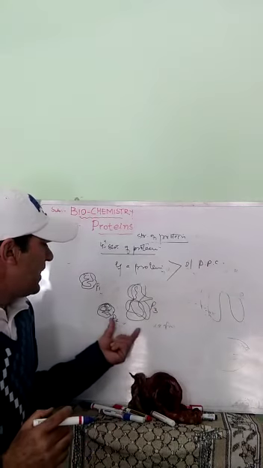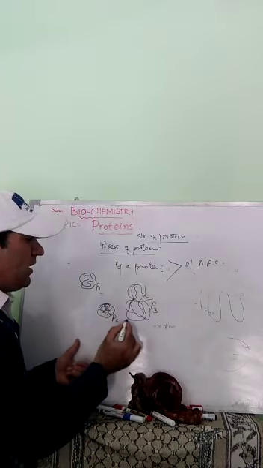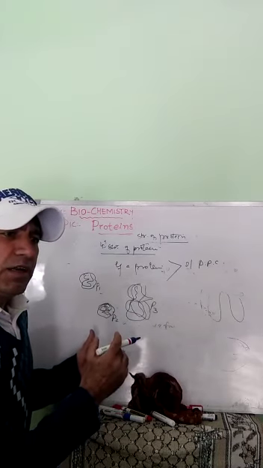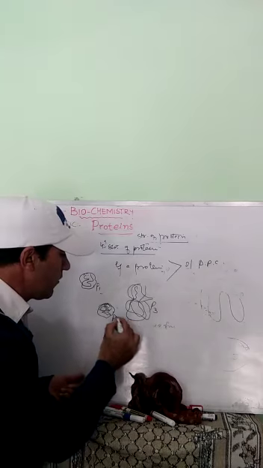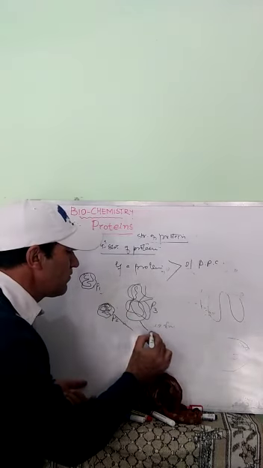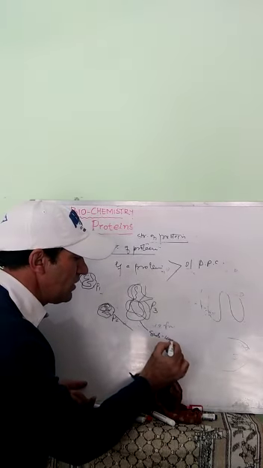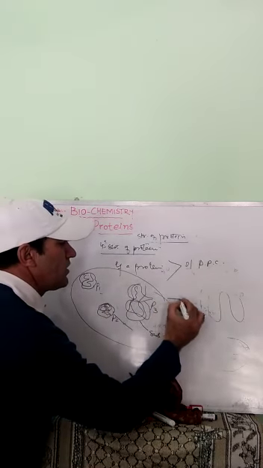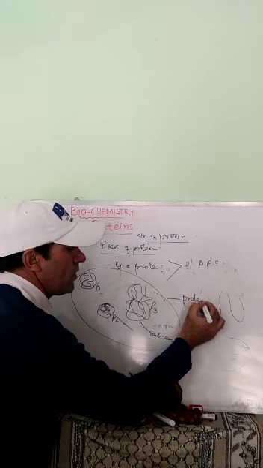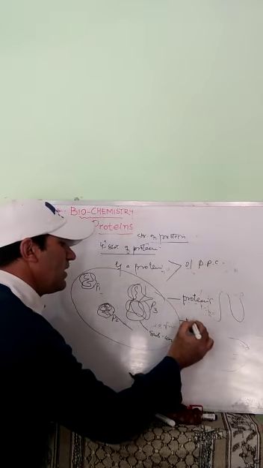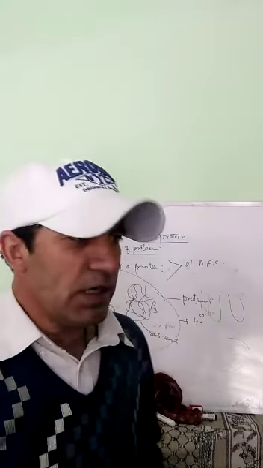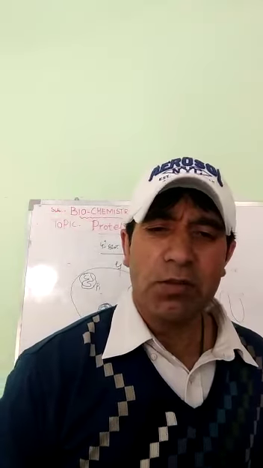How these polypeptide chains are joined together with respect to each other, each of them is known as a subunit, and all of them together constitute a protein. And the structure is known as the quaternary structure of proteins. Students, we will discuss denaturation of proteins in